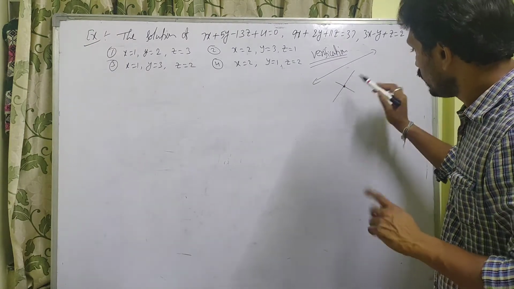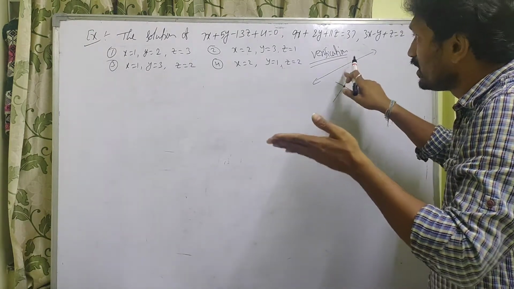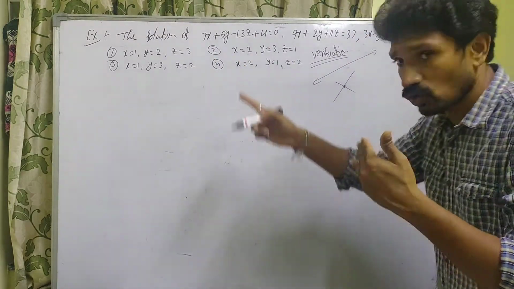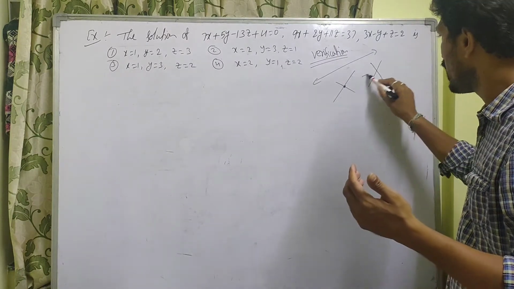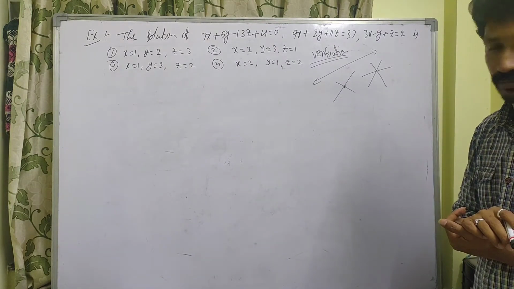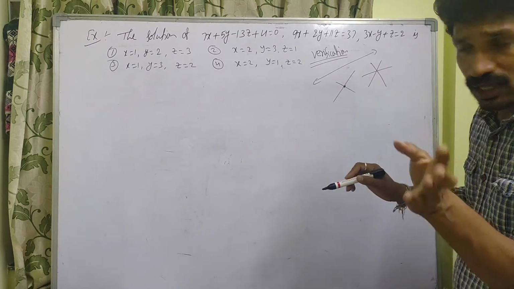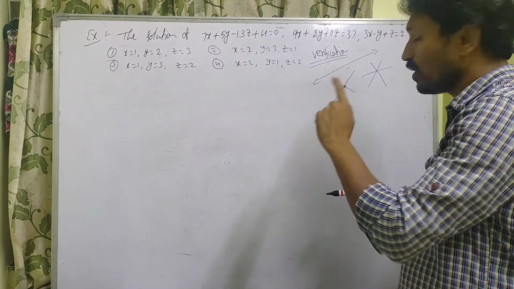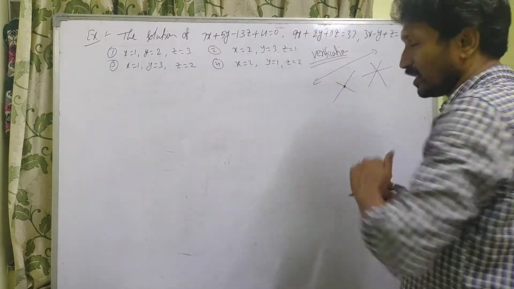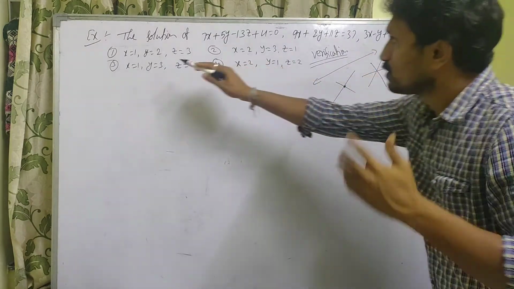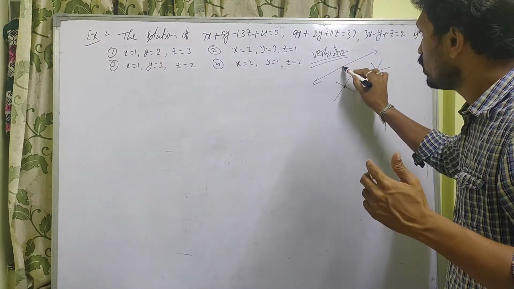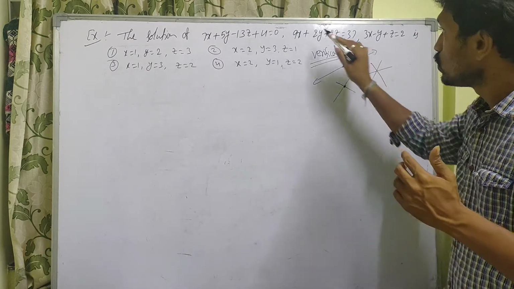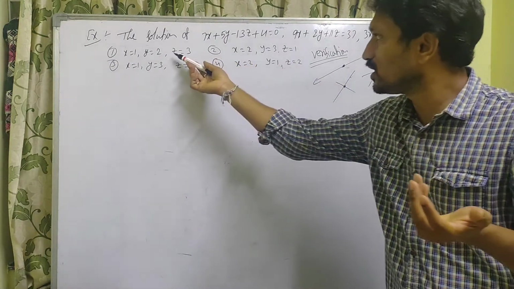Okay. So that means it is not the solution for these three equations. So a solution for these three equations means that all the three equations should be satisfied by that option. That's why we have to check it for all the three equations. Suppose the point 1, 2, 3 may be on the line of the first equation, but the second and third equations, if you understand, that means this is not the solution for all the three equations.